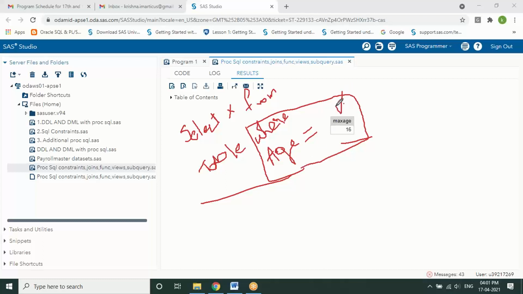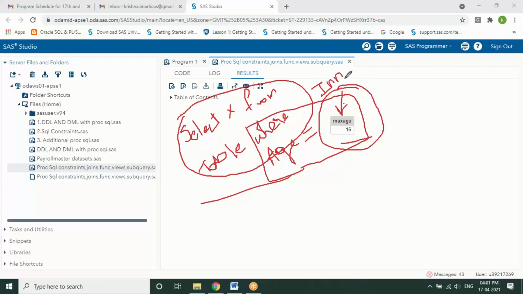So how are we getting this result? It is when we executed one query that selects the max age of the table. So then we are able to do it. What we are doing now is one query gets executed first, before the other query. Simply put, this is called the inner query, which has a result set stored.